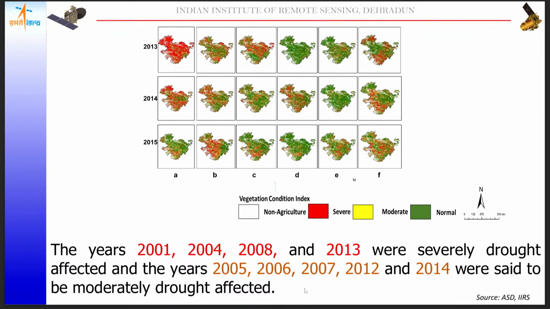Along with this, based on their mean value or median value, we can define how many years in a particular area, at the district level, block level, or sub-district level, were severely drought affected or moderately drought affected, or normal conditions prevailed in the particular area. Such kind of assessment we can do if we have historical long-term data sets, and using remote sensing gives you an edge to understand this phenomenon from regional to local scale.